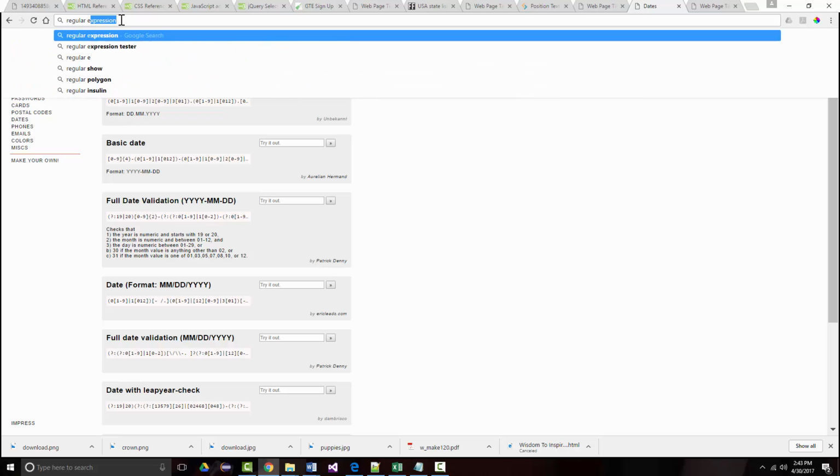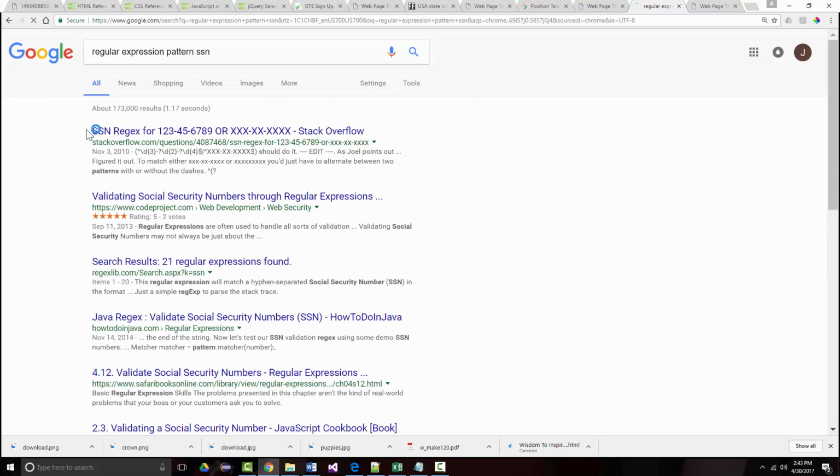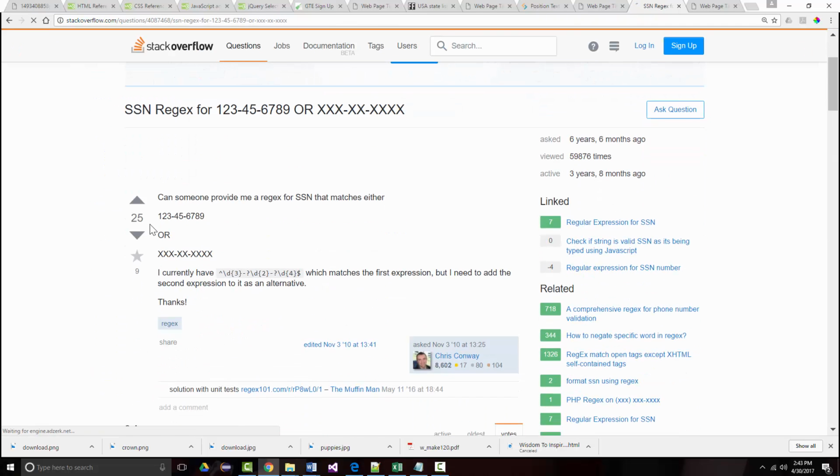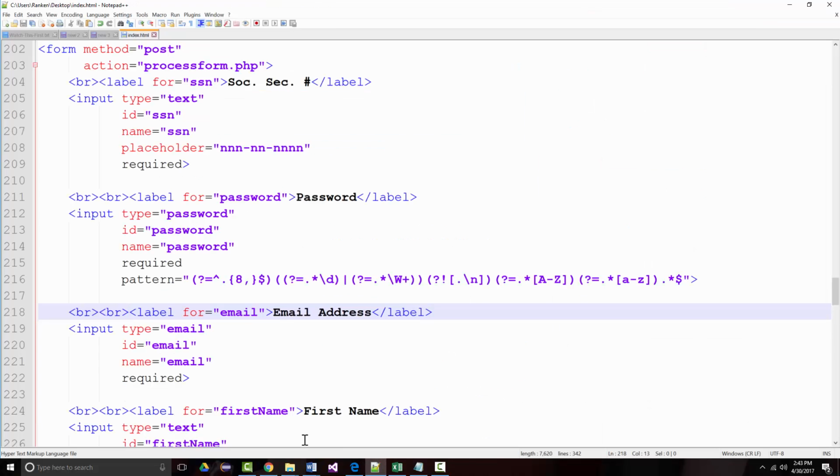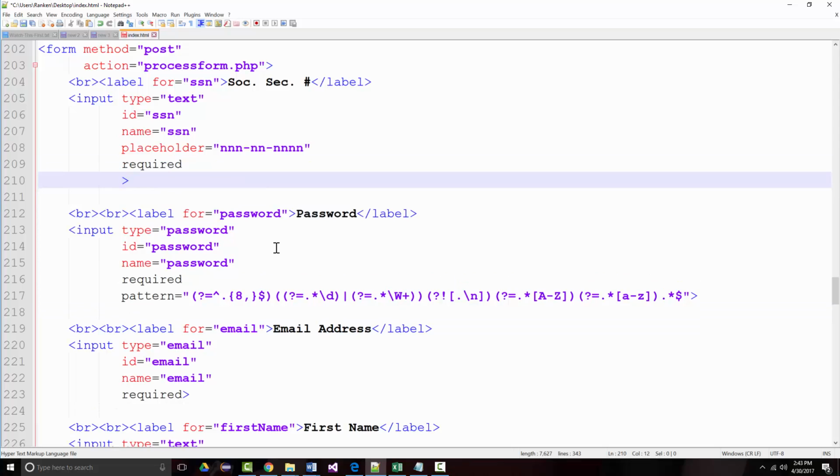Regular expression, pattern, social security number. And there's different ways that you can do this, just so you know. I'm going to use the one they have here. I think that'll work. Plus, it'll give me a chance to explain some of this. So, social security number, pattern equal